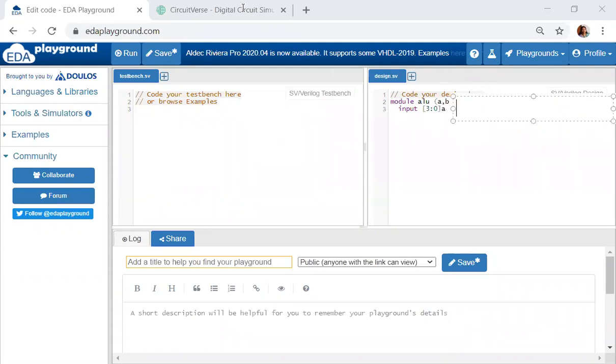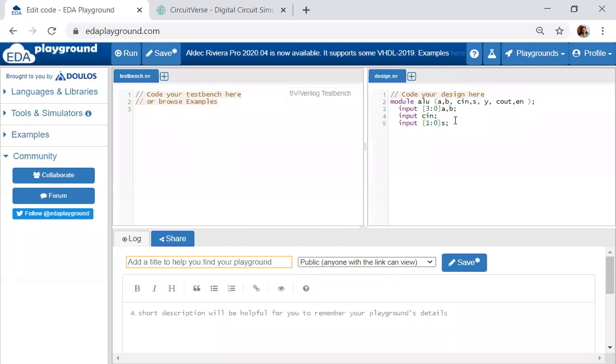I have the inputs A and B. My inputs will be A, B, 4 bits in size. Then I have one more input, C. What about the control signal? There are 4 operations to perform, which means I require 2 control signals. So let me take the control signals as S0 and S1. I will declare it as a vector, 1 down to 0, S. So here I should write S also, the control signal.